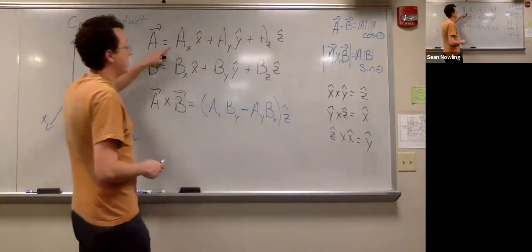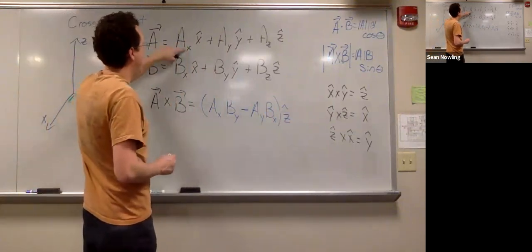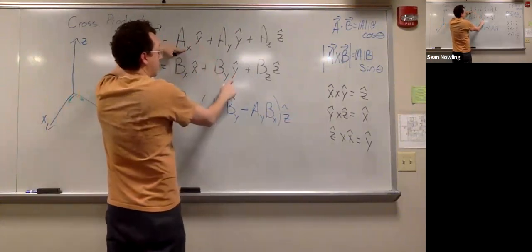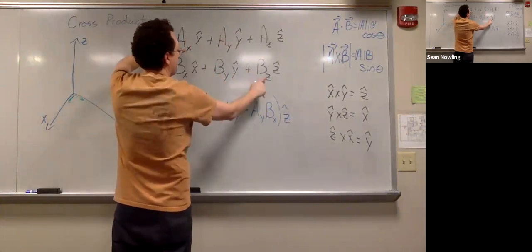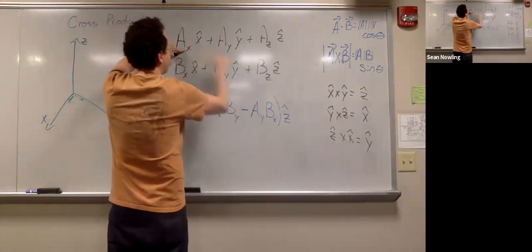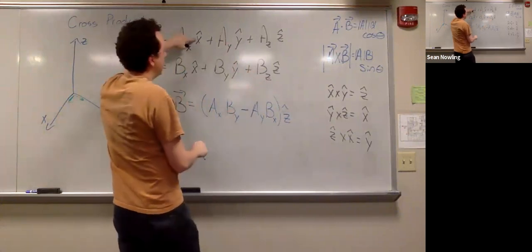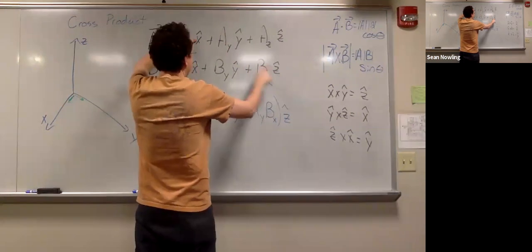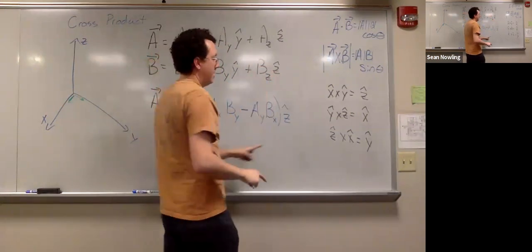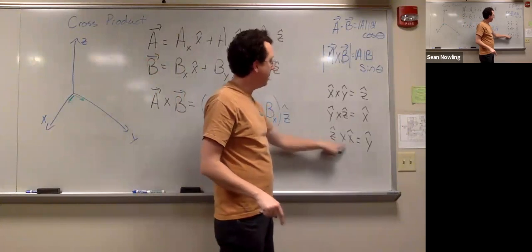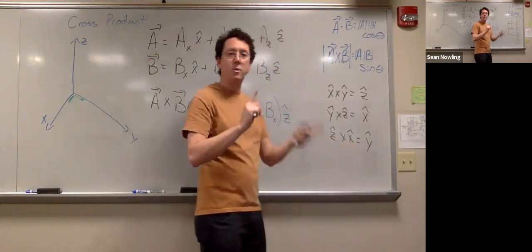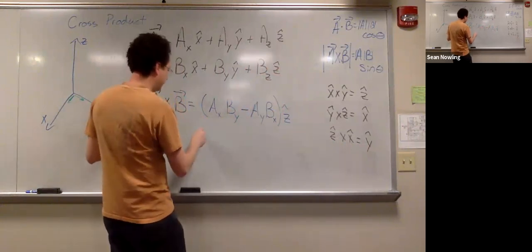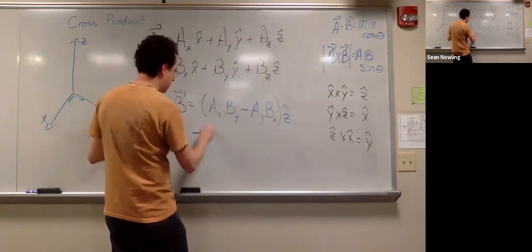Fine. Now let's look at our next term. We have ax. That will all distribute to hit by, but it's also going to hit bz. I'm going to get ax bz, but that's going to give me x hat and a z hat. X hat times z hat is actually minus y hat. So I get a minus in between. So this is going to be minus